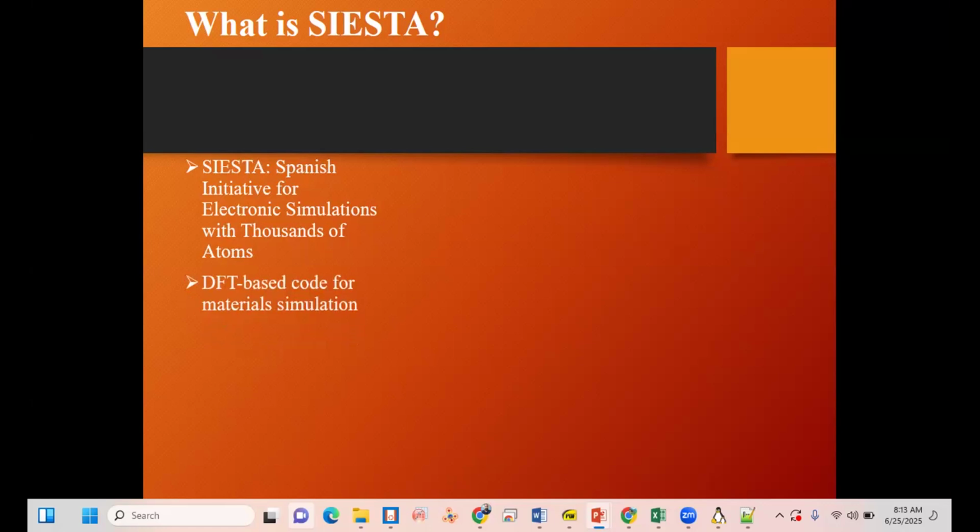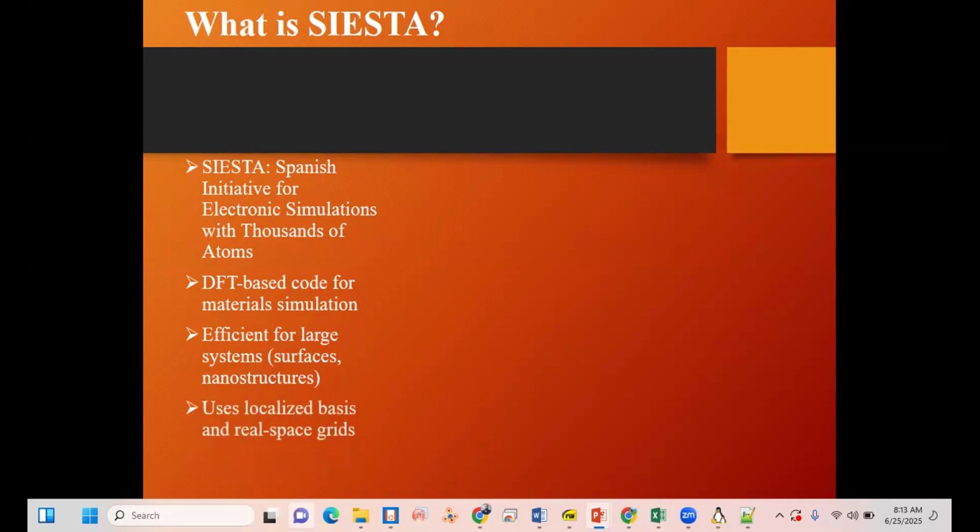It is a DFT based code for material simulation, and efficient for large systems, especially for surfaces and nanostructures. Siesta has a lot of flexibility to perform a lot of calculations. And the most important thing is they use localized basis and real space grids.